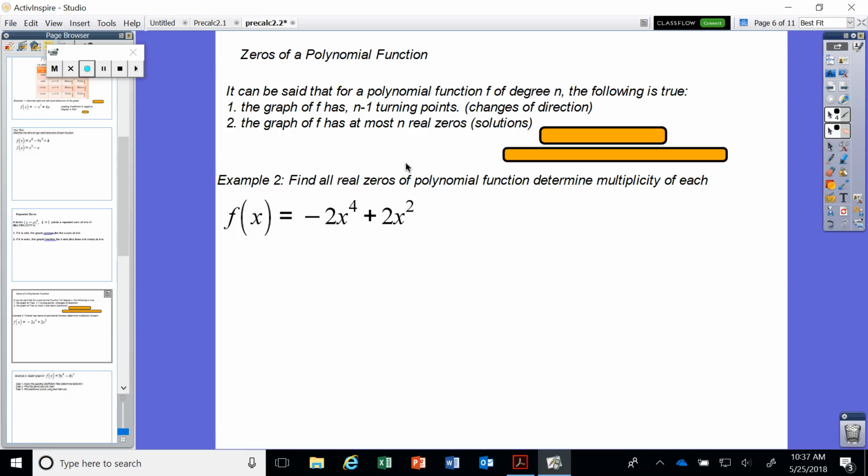Alright, so now let's talk about zeros of a polynomial, and let's dive into looking at multiplicity. The following example says find all the real zeros of the polynomial and determine the turning points of the graph, or the multiplicity of the graph itself. Alright, so let's take a look here. In this example, we want to factor out what's in common. So I'm going to go ahead and